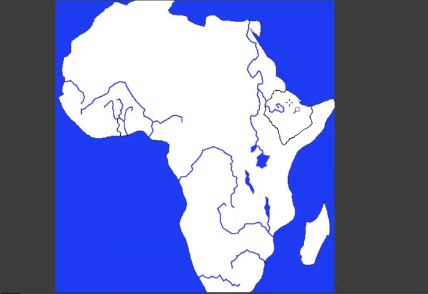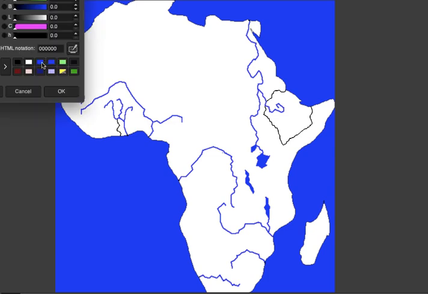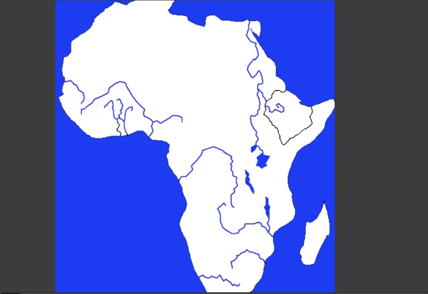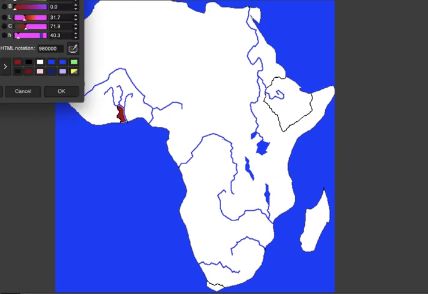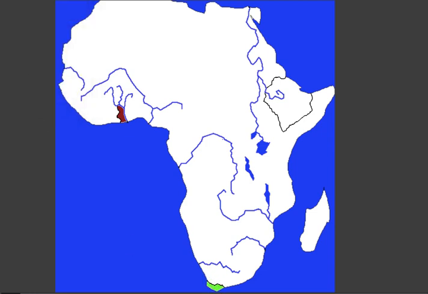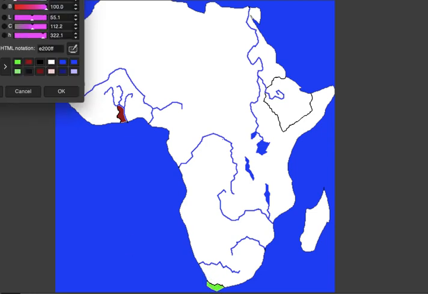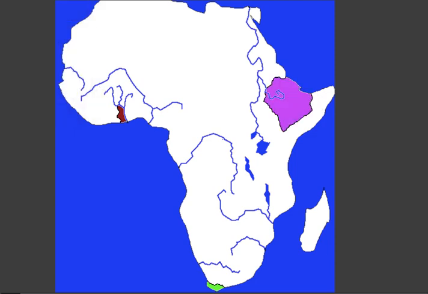Kind of similar to what they ended up looking like, except they have a coastline. So, we got Denmark, a colony. The Netherlands has a colony. And the Ethiopians exist. So far, looking pretty good for our partition.